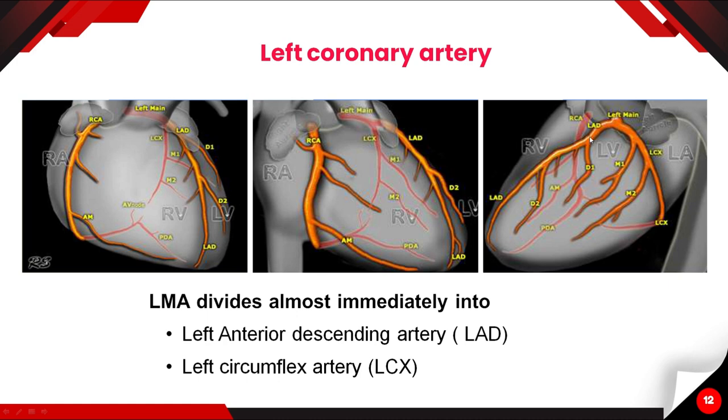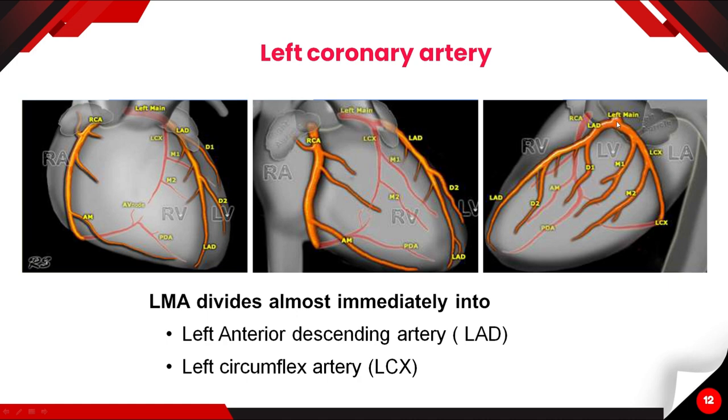Then the left anterior descending artery further traverses through the anterior aspect of the interventricular groove and reaches the base of the heart, where it anastomoses with the posterior descending artery in the interventricular groove,